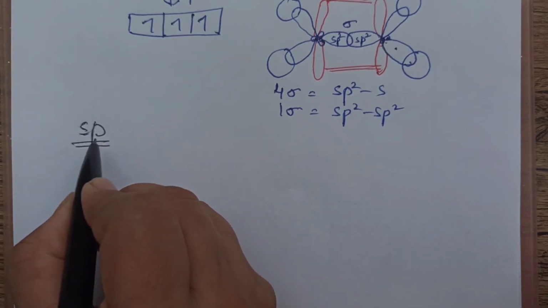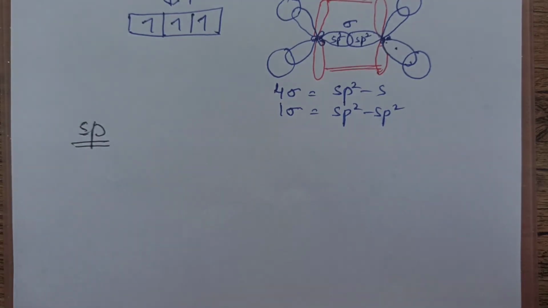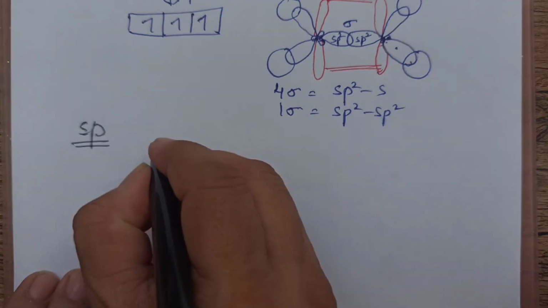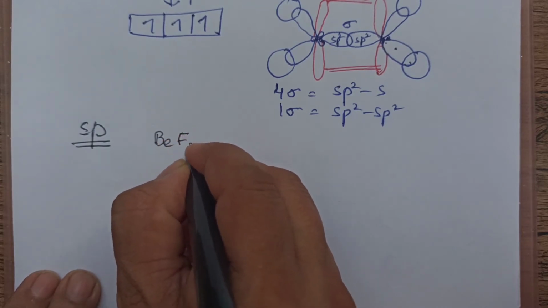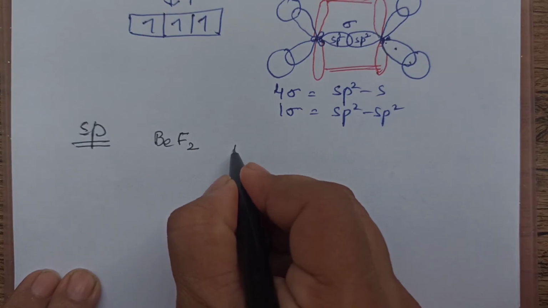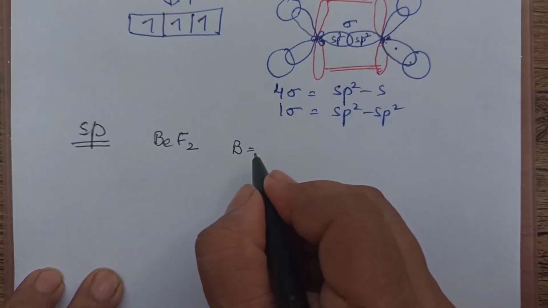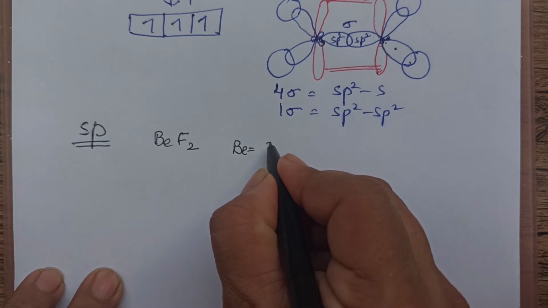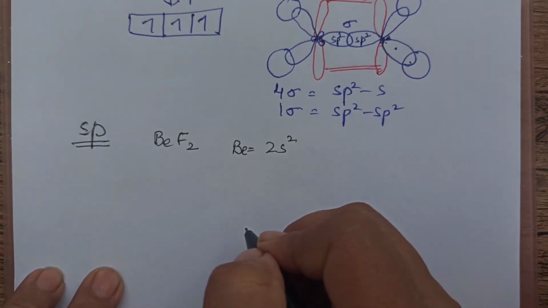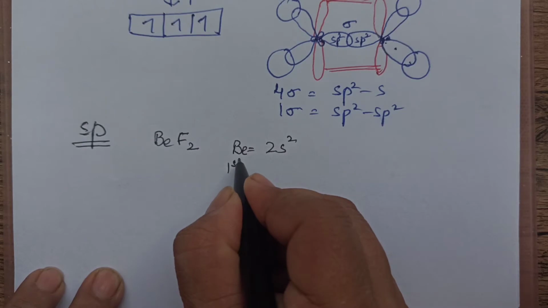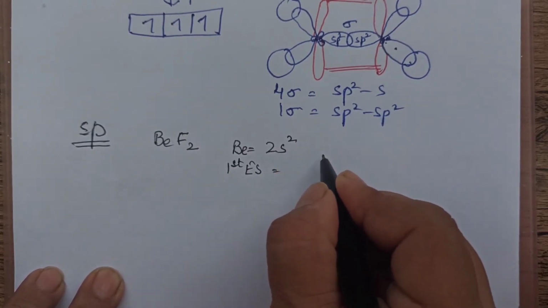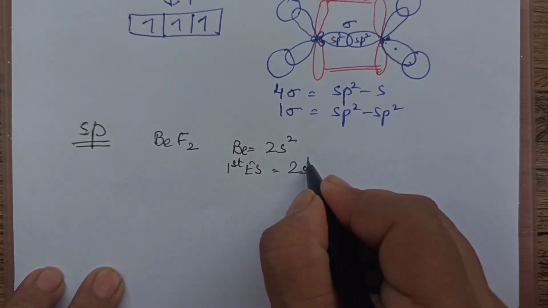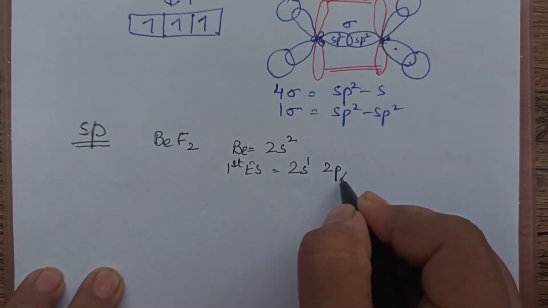Now we will talk about sp hybridization. sp hybridization means 1s and 1p are only mixing. So 50% s character, 50% p, all that we have discussed in the previous video. Let us take a simple example of BeCl2 or BeF2, BeH2, all will be same. We'll write beryllium as the central atom, beryllium's configuration is 2s2. So there are no unpaired electrons in this. Definitely we need to consider the first excited state. So in the first excited state, one of the s electrons will be excited to p. So it will now have 2s1, 2px1.